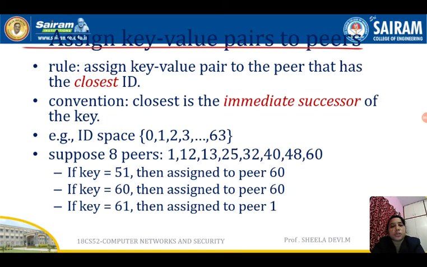So who is closest to this value? Key is equal to 51, so the closest one is 48. I will give the key-value pair, that is 51 comma its value. If the Aadhaar number is 51, the name is Harish, we will consider. So 51 comma Harish will be given to the closest pair, which is 48.